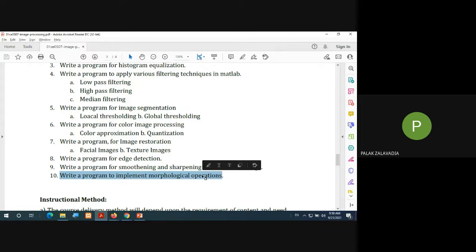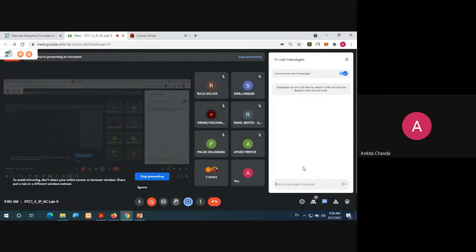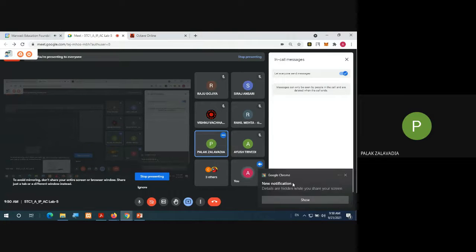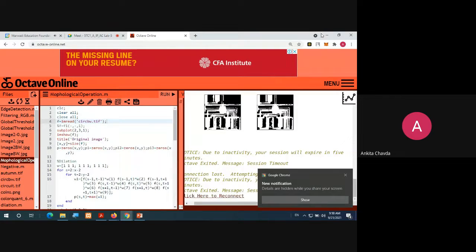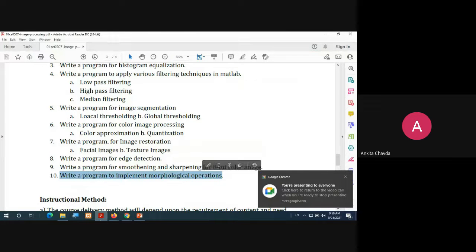Excuse me, ma'am. Yes. Ma'am, can you show its output, because last time it was not working? Ma'am, can you show those two programs' output, because last time you did not show that? It was not working. Still my MATLAB is not working, and today again we are going to do this program on Octave, right? Fine. You can try it on MATLAB.